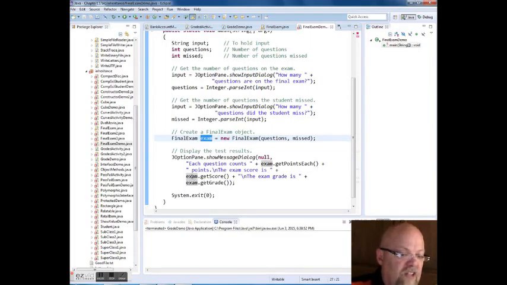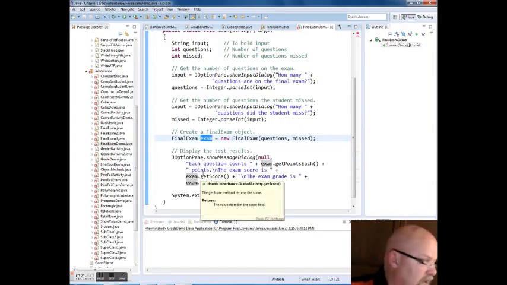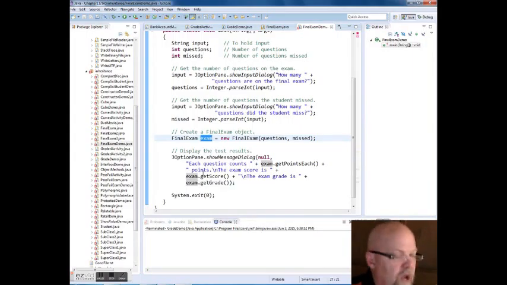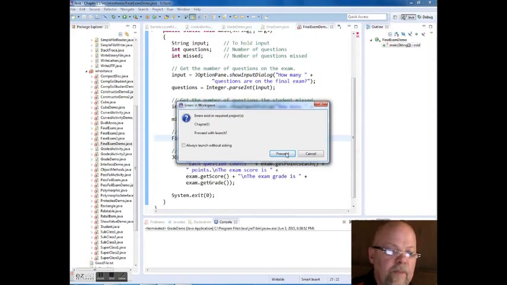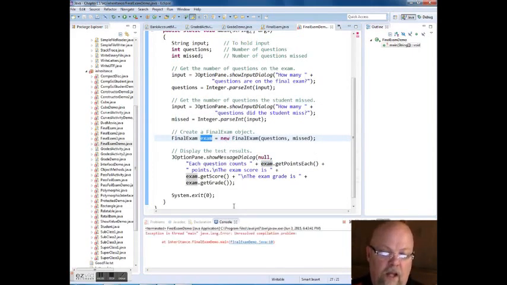And again, there is a set score and get score. Now notice down here in my JOptionPane it says each question counts as exam.getPointsEach. And then it says exam.getScore and exam.getGrade. Now again, those 2 methods were not in the final exam class. They're in the graded activity class. But since the final exam inherits from graded activity, they are there. So if I run this,